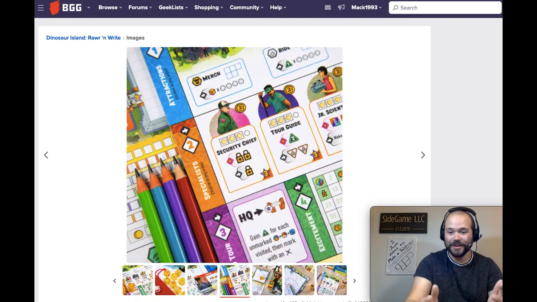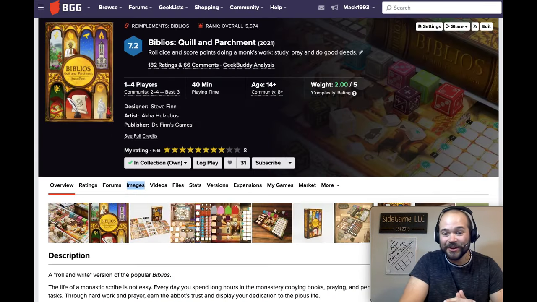This is one that I'm really enjoying, and I think does a great job with the system. I actually like this more than I like the original 2 Dinosaur Island games. So Dinosaur Island Rawr 'n Write, it's a fantastic system and one that I really enjoy. That's my number 7. My number 6 is going to go to Biblios Quill and Parchment, the roll and write